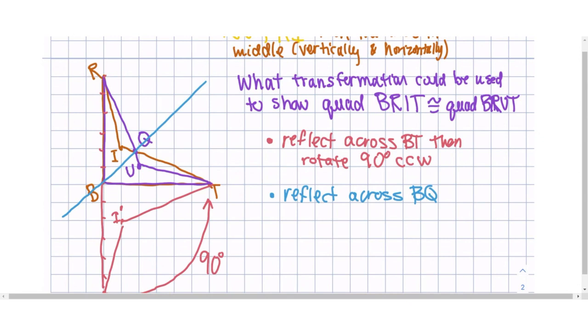So I'll put here either one works. Either of those works. One is more efficient, but they both work. It's not like the other one would be a wrong answer. Okay, so that is